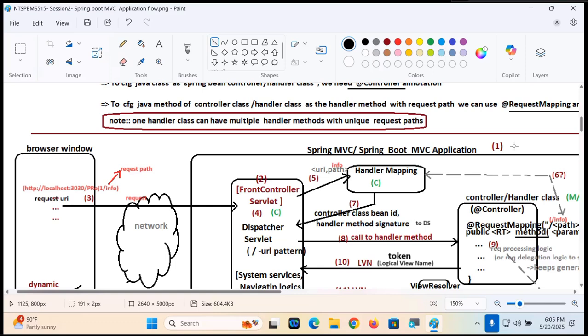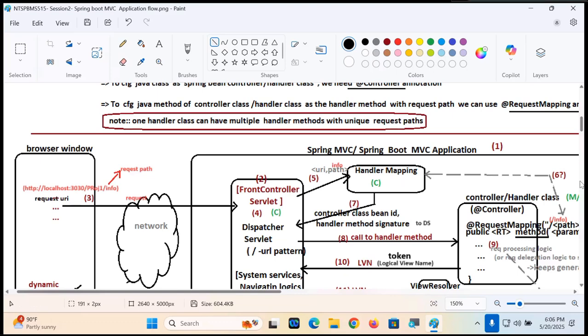Number three, the browser generated the request having some URL. In the URL, the last word is called the path. Number four, the dispatcher servlet trapped and took the request, applying common system services, security, logging kind. Number five, the dispatcher servlet handed over the request to the handler mapping. That is number five. Number six,